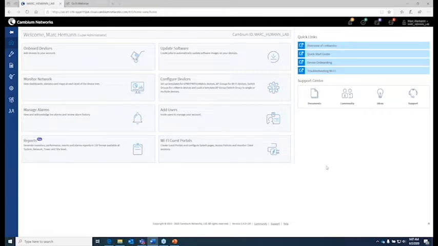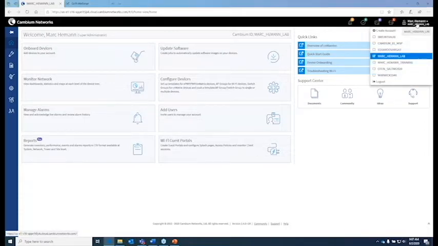Before I get into the dashboard, though, as Jagdish mentioned, this is a multi-tenant management system, meaning that you can manage multiple networks from a single pane of glass. As you can see here, I have access to, I don't know, about 6 or 7 different networks here. And the way this happened was administrators from different networks invited me to be an administrator, or they gave me